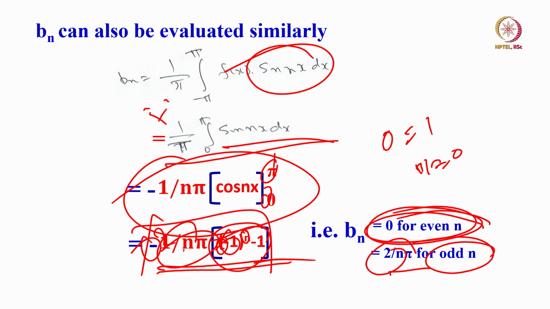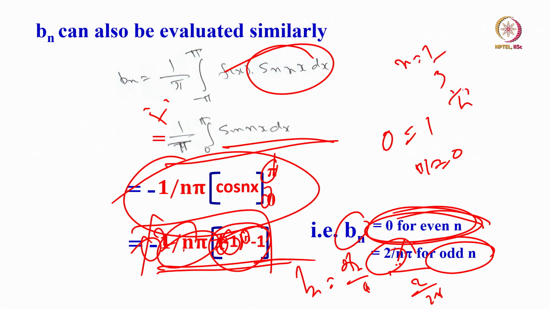So for the series b_n, you can keep on varying different values of n: 1, 2, 3, 4, 5. If it is b1, you will get 2 over pi. If it is b2, 2 over 2 pi. Like that you can keep working out all the coefficients. Similarly for a_n also you can work out a1, a2, a3 for all values of n. But the only thing is for even numbers here b_n is 0. You can take n equal to 1, 3 etc.